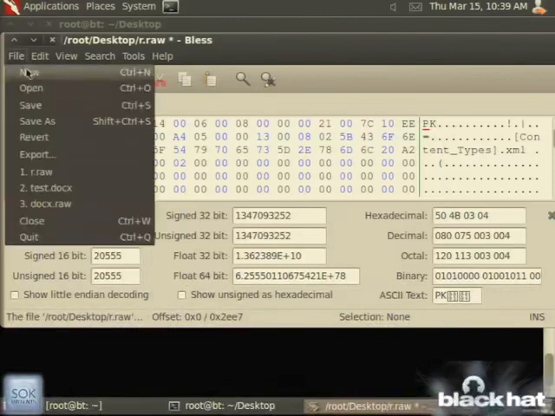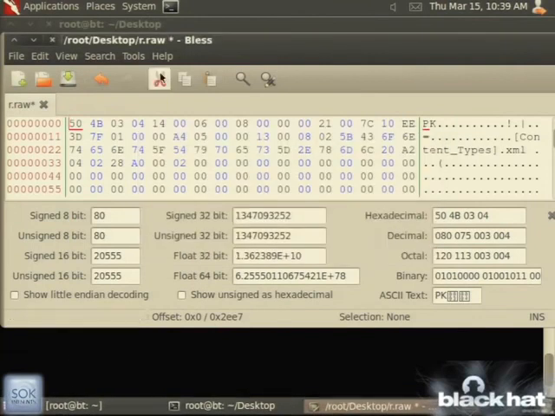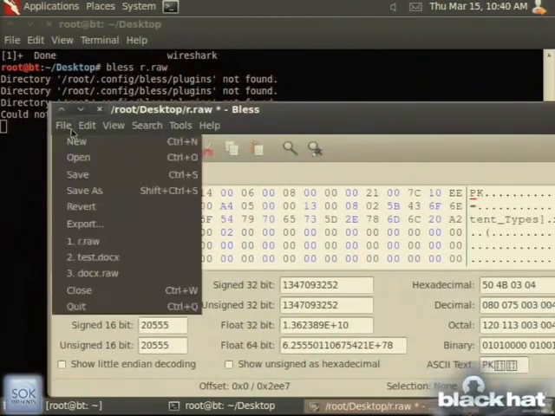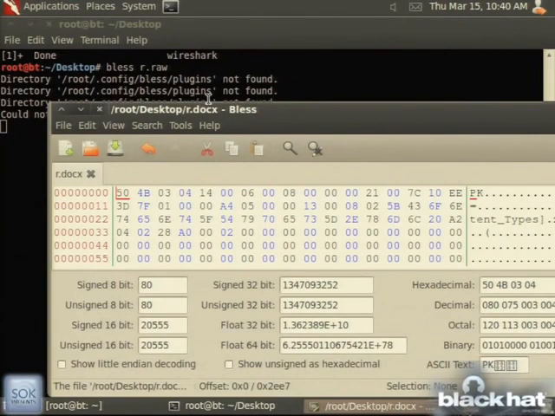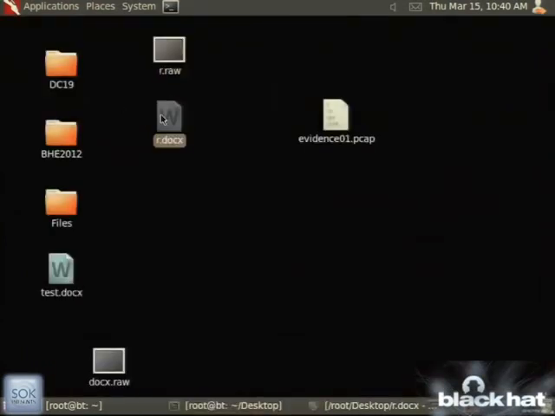well, let's try this again. Save. What am I doing wrong here? Oh, there we go. Save as. Gotcha. I'm going to save it as r.docx, so my operating system knows what the file is based on the file extension. So just by saving this hexadecimal as the docx and removing everything before, I can see that, at least in Backtrack, it identifies it as an OpenOffice document. And OpenOffice can open docx files. So when we double click on it,